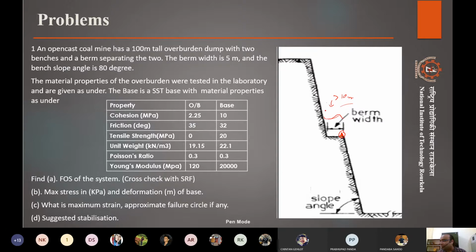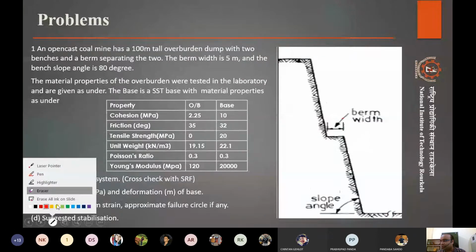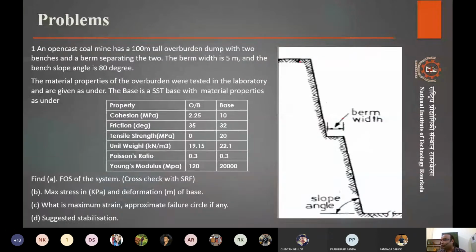This was the problem. So a slope is given. This is a bench, and the total dump height is given as 100 meters from the base, right?